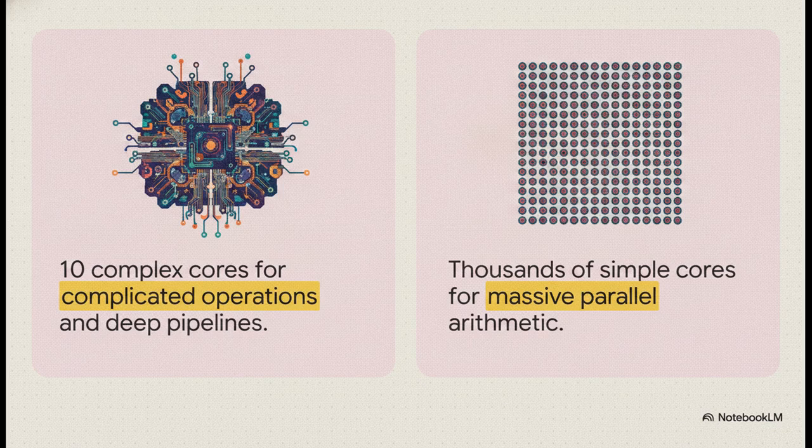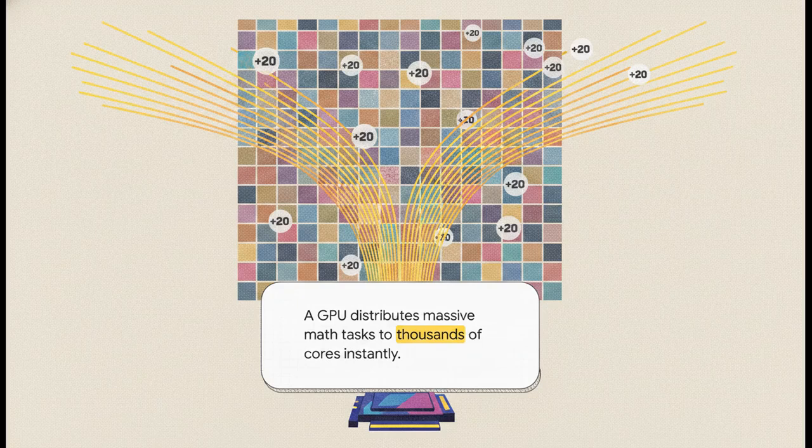A CPU might only have 10 cores, sure, but they are incredibly complex. We're talking deep pipelines and branch prediction for complicated sequential operations. A GPU, on the flip side, completely trades that complexity for sheer volume. It has thousands of very simple cores designed strictly to distribute and execute massive amounts of basic arithmetic all at the exact same time. To really visualize why we need a dedicated GPU for rendering beautiful displays and high-end games,